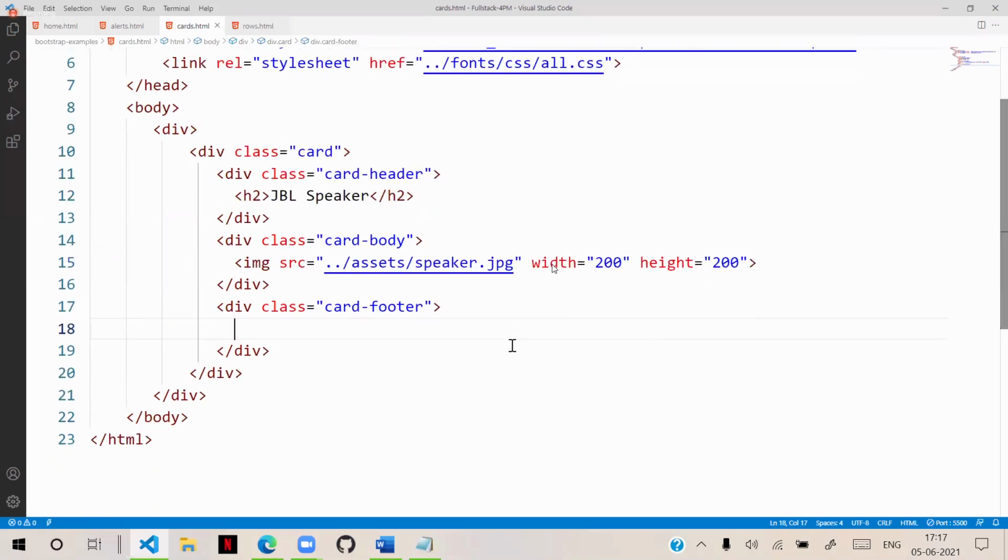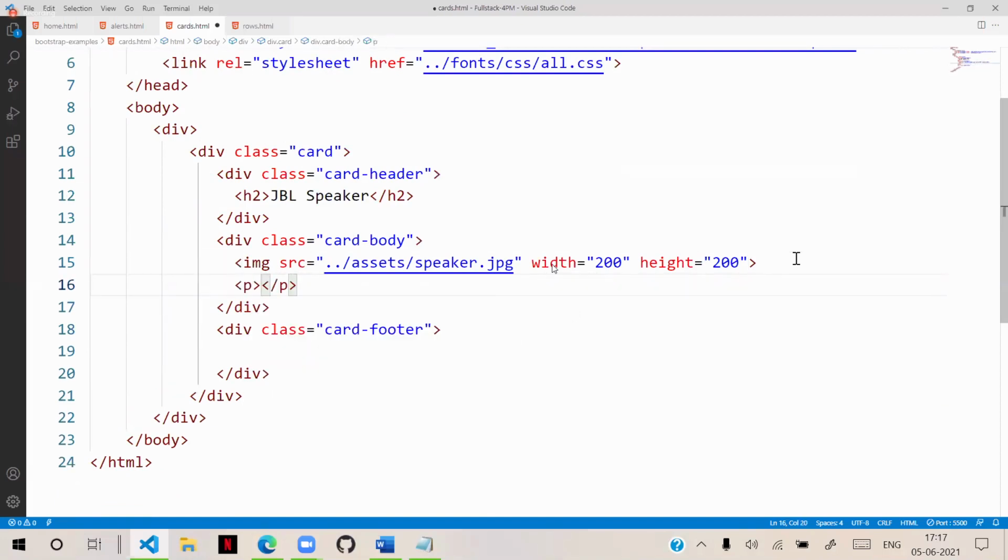Now in the card footer, we are displaying a simple option. Inside this, we will put a paragraph, ampersand hash 8377 semicolon, its price. We will define its price.